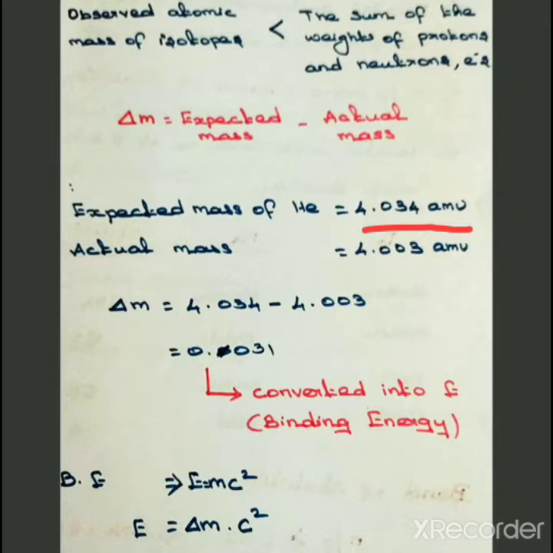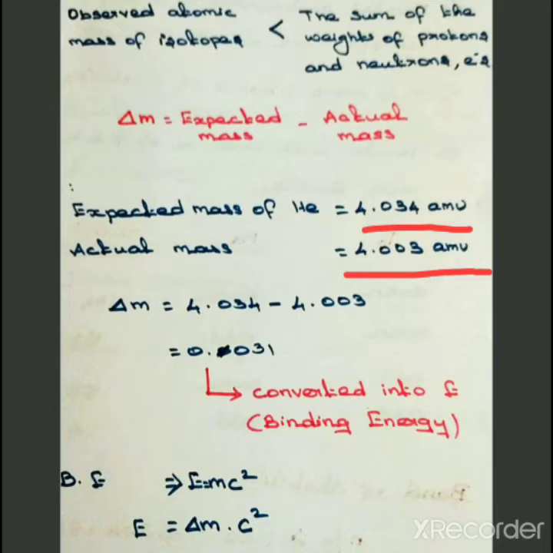4.034 atomic mass units. Then the actual mass of helium is 4.003 atomic mass units. It is nothing but, after forming helium, the actual mass is equivalent to 4.003 atomic mass units. So the difference between these two masses, that means expected mass and actual mass, is called mass defect. So whenever an isotope is formed, this mass defect is converted into energy, and that energy is called as